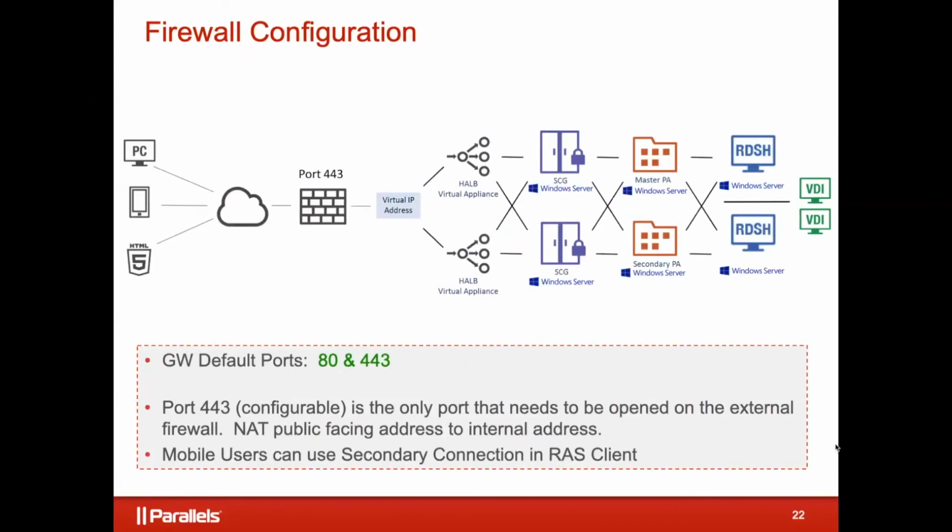The only way that would come into play is if, like I said, everybody is at work in direct mode. They would hit the gateway server over port 80, and then the end user would make a 3389 connection to the remote desktop server. But in this scenario, my users are not in the office, or at least there's a firewall in between them. So they would come in over just one port. You would not want to open port 80, a non-encrypted port, to the public internet. So you would open simply 443, the encrypted port, to the public internet. I doubt anyone wants to send unencrypted data over the public internet. So just a single port on the external firewall is all that you need to have open.